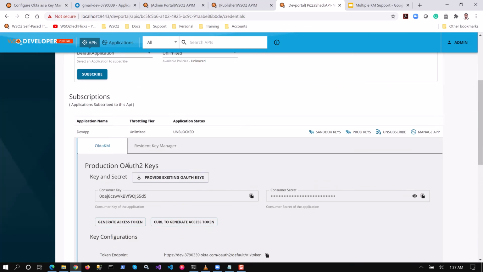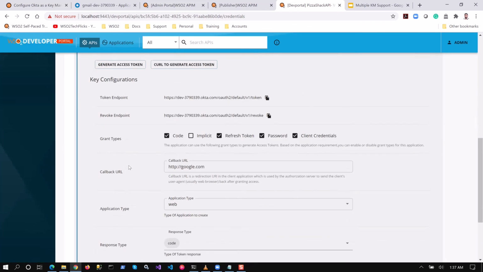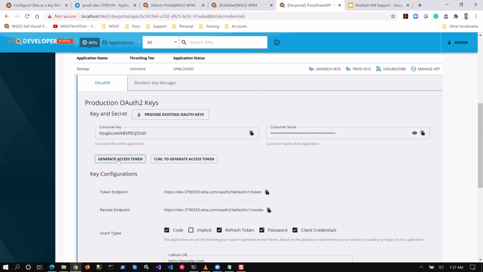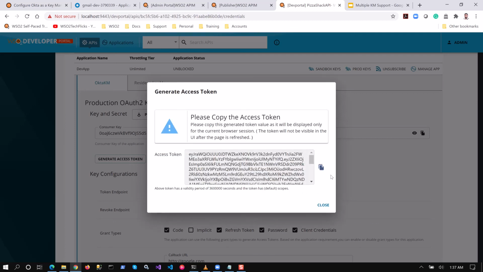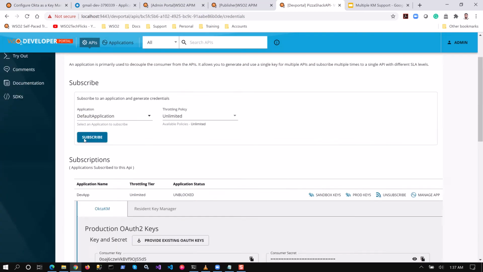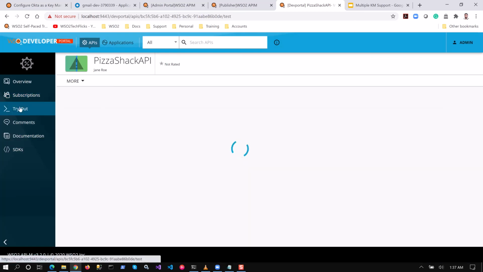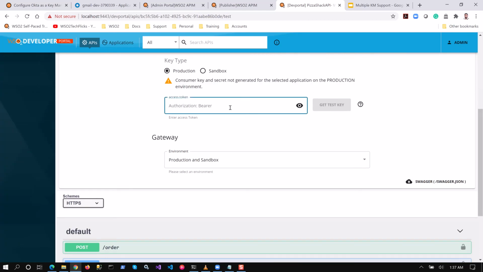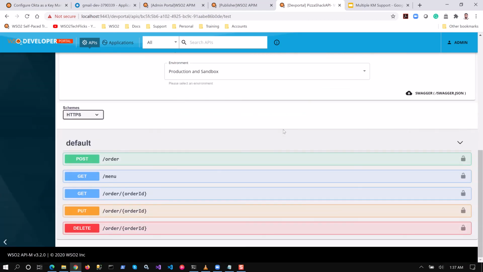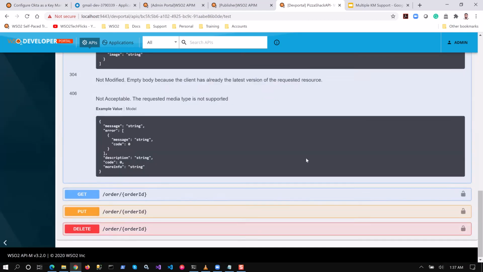Now what I can do is I can generate the access token, generate it. I get the JWT token. Let me close this pop-up, go to try out, and I'm going to specify the token value and execute this